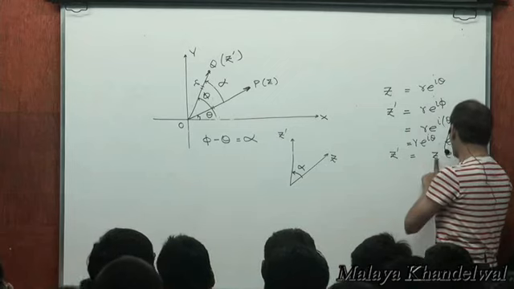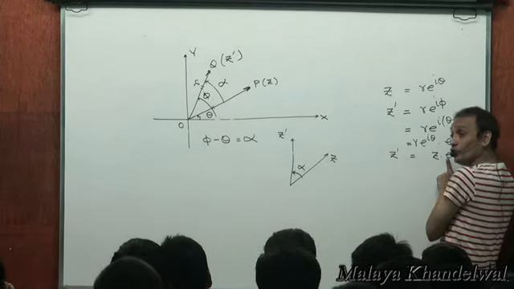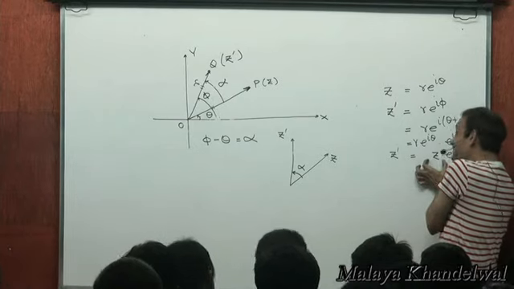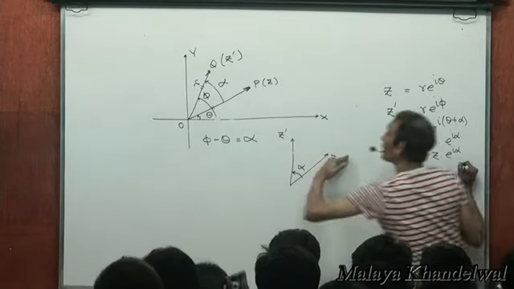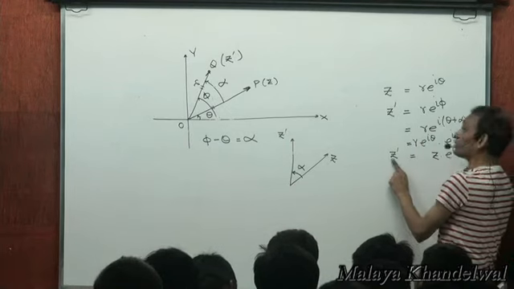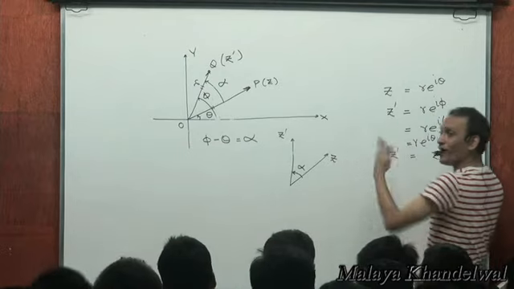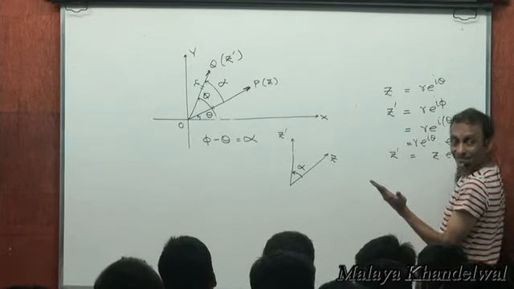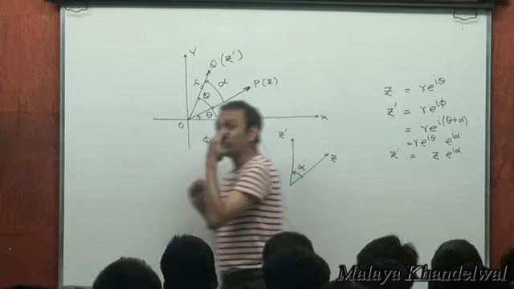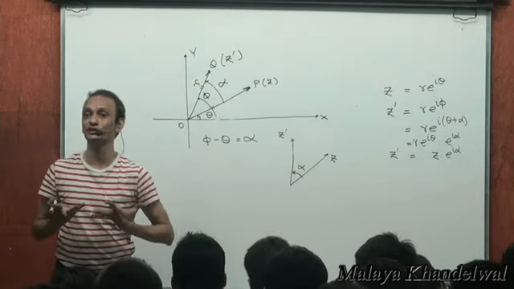That means it rotated the vector z by an angle alpha. When I multiplied z with e power i alpha, I got z prime. That means z got rotated by an angle alpha, right? That means e power i alpha is an operator